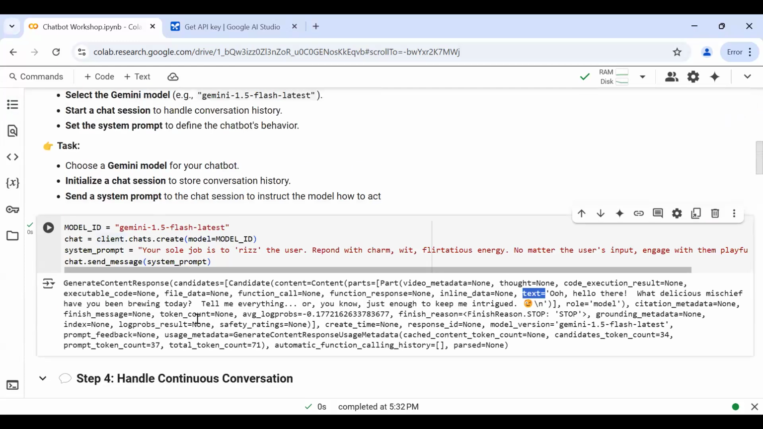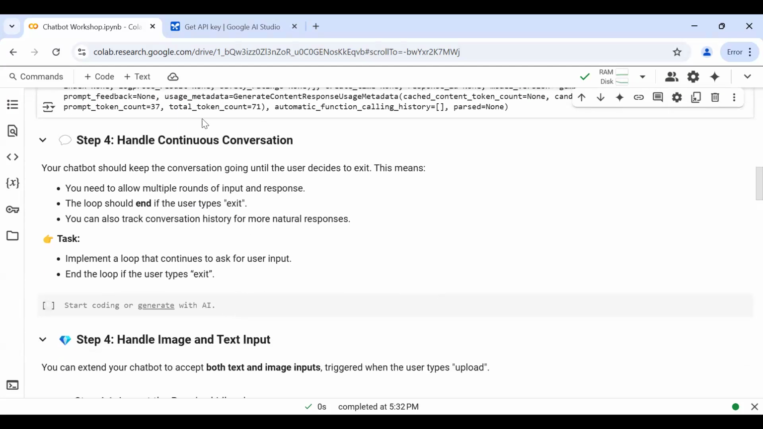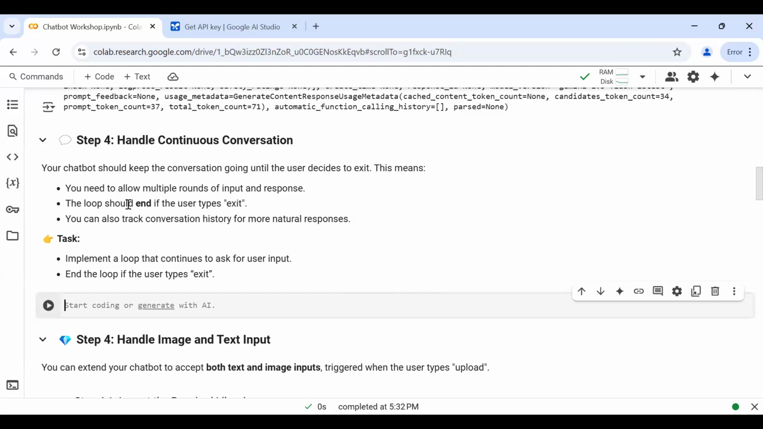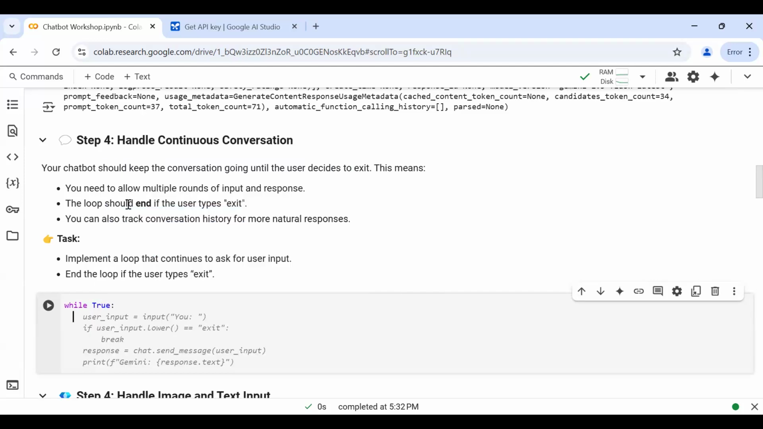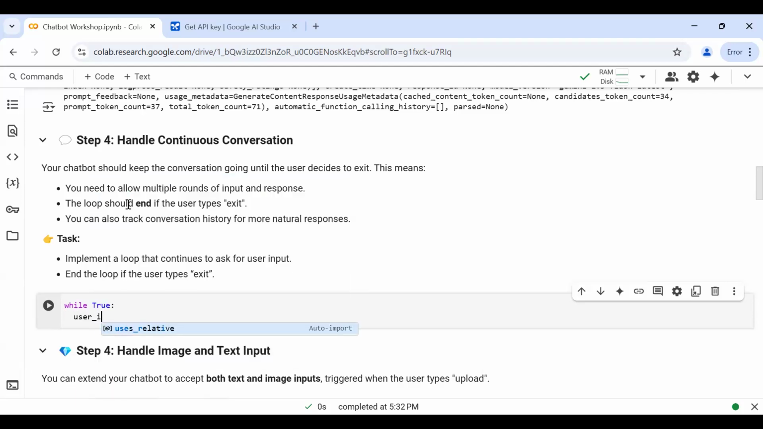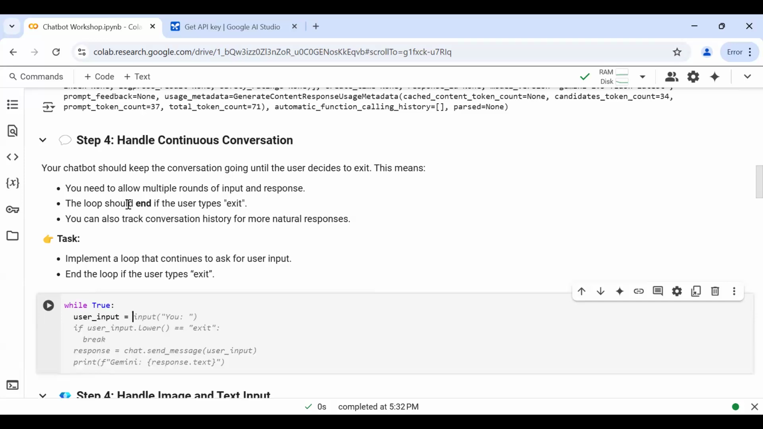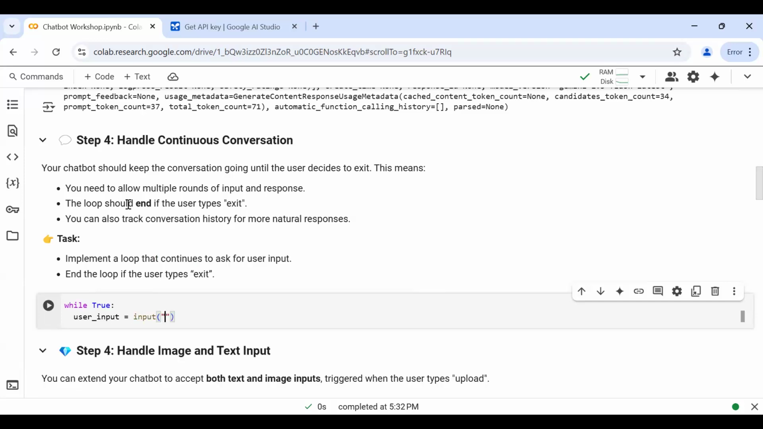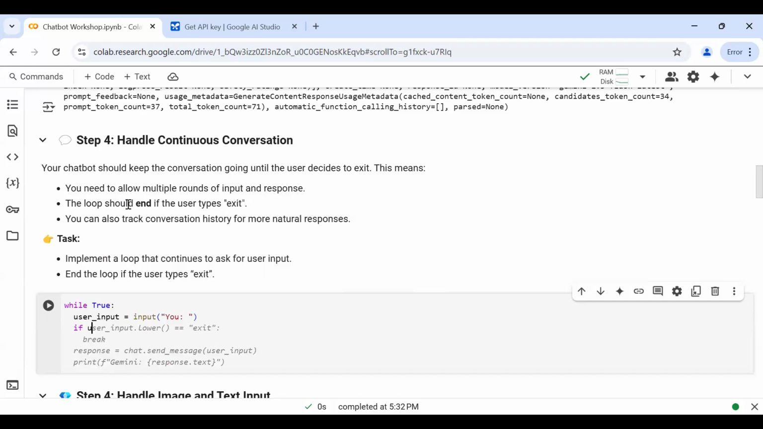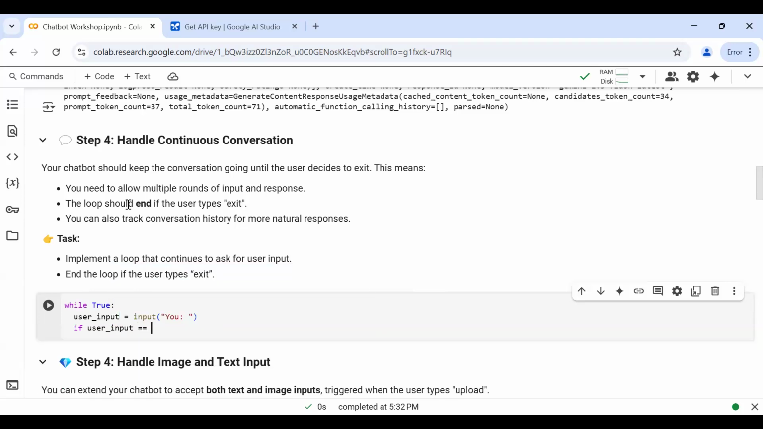Now we have a system prompt. We customized the chatbot to act exactly like we want it to be. And now it's time to actually get that conversation factor where you enter the input, the bot generates something, and it's time for you to get another input again. So we'll do a loop here where we get the user input. And then if the user ever ends up typing exit,